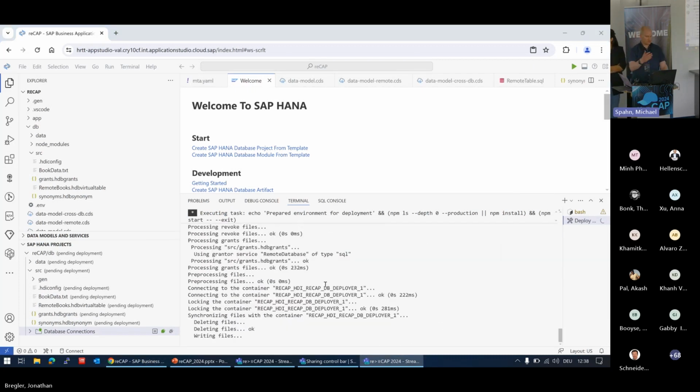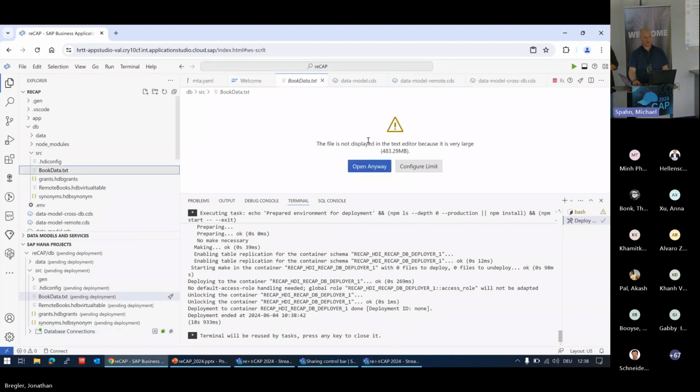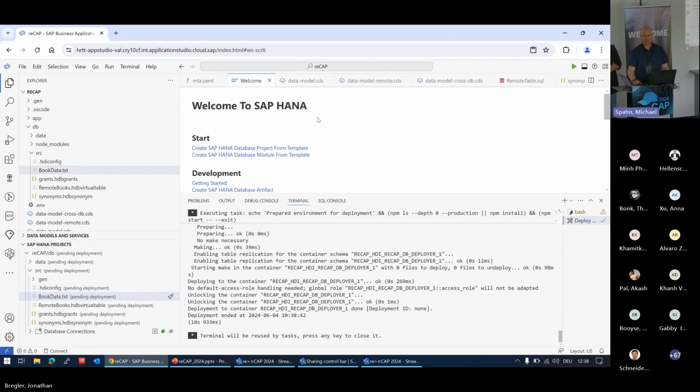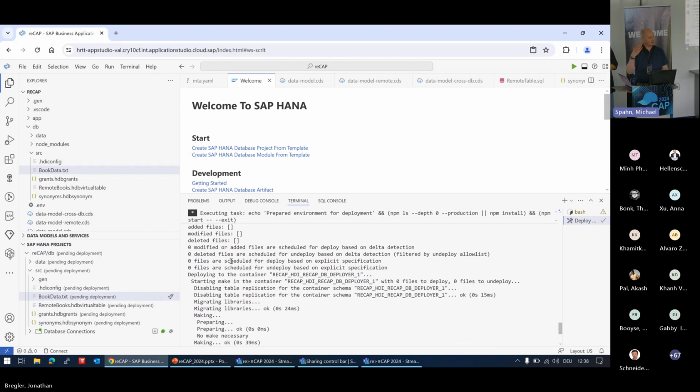All right, now this starts the deployment. This looks the same when you deploy a CAP application, and what you can already see is it's now sitting here and writing files, and apparently something's taking long here. And what's taking long here is that I have a big file of book data which has almost 500 megabytes. Which might not be completely realistic, but in actual projects you could have many files, especially CSV files tend to get big,